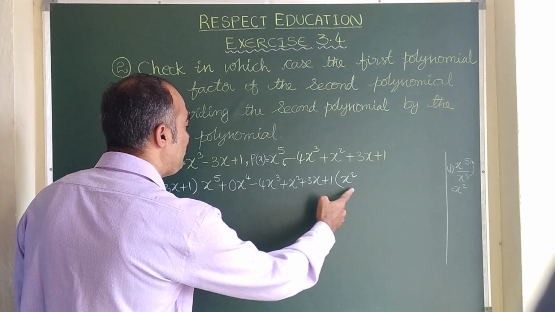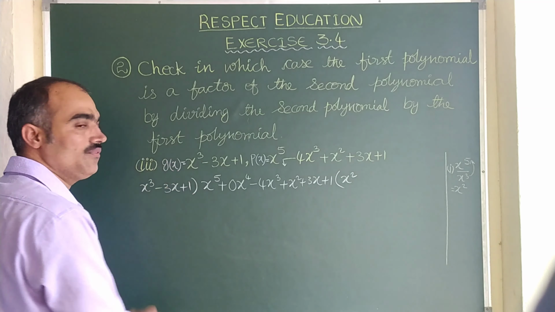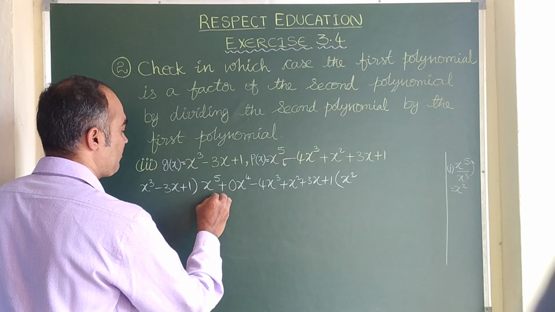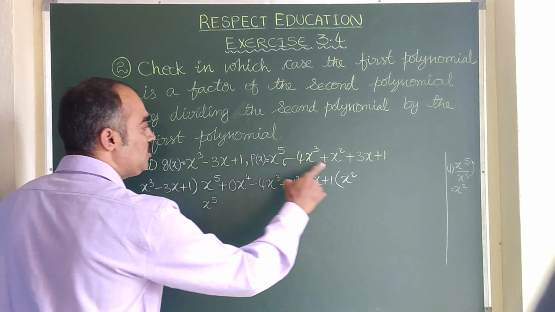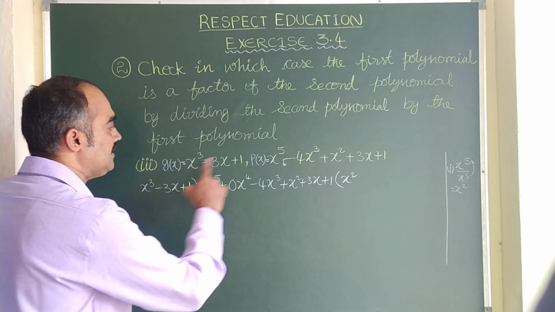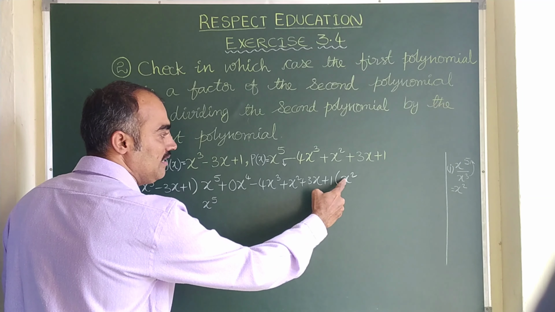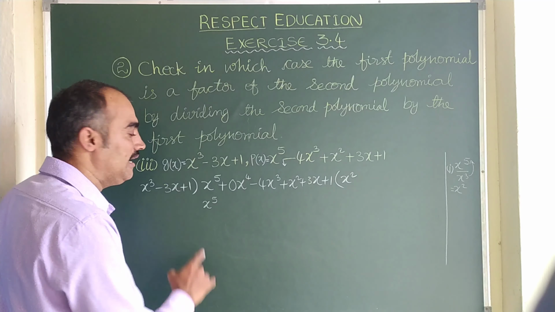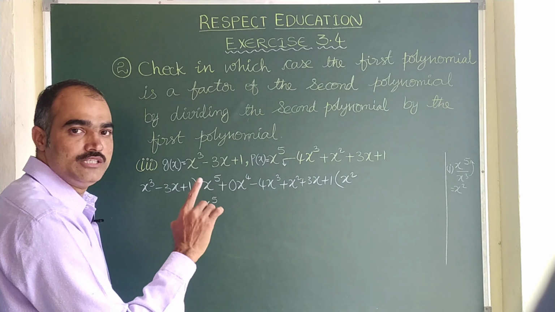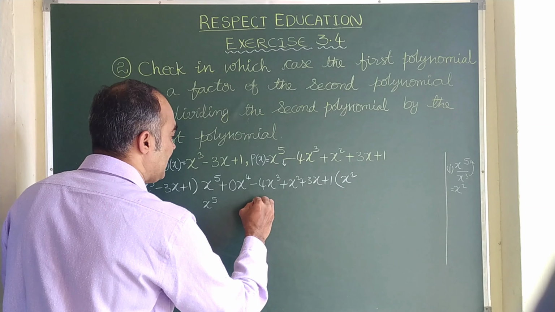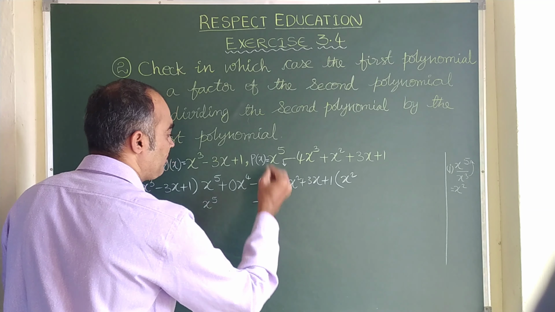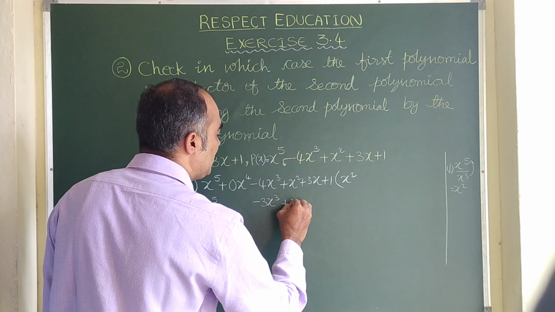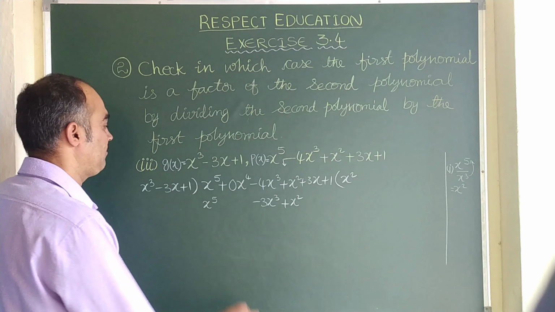With this x square we multiply all the 3 terms of g of x. x square into x cube, that is x power 5. Now minus into plus is minus. 3x into x square, it is x cube, with the quotient x square, nothing there means 1. Minus 3 into 1 is minus 3, x into x square is x cube, so it is minus 3 x cube. Plus into plus is plus, 1 into x square is x square, so it is plus 1 x square, nothing but plus x square.